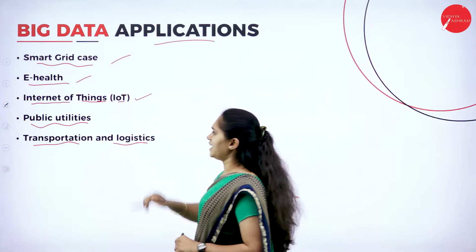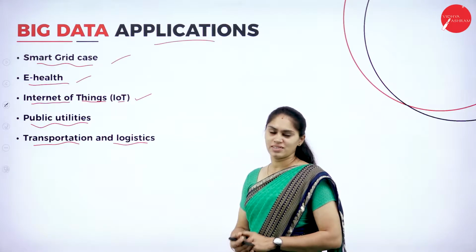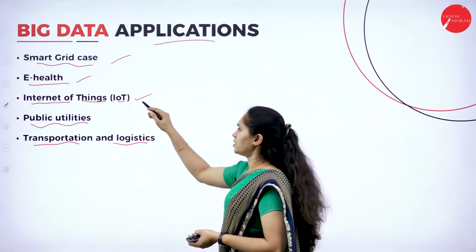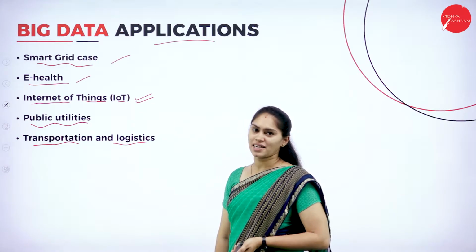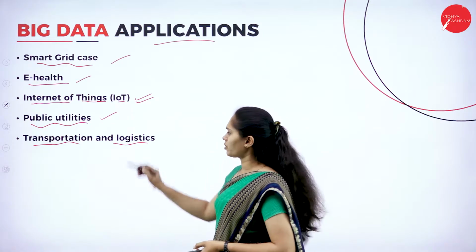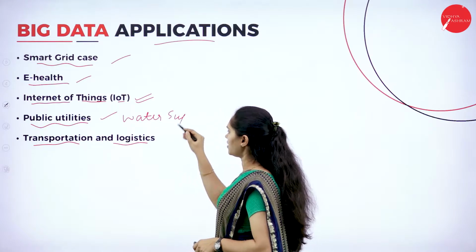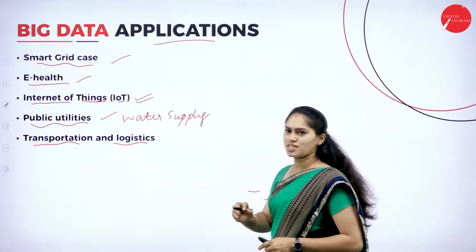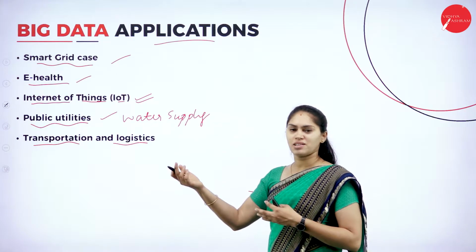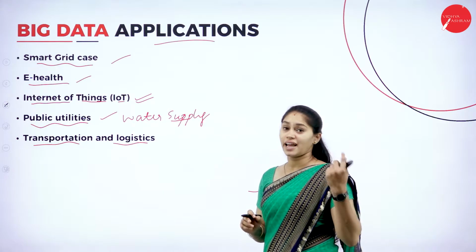Next we have the Internet of Things. Now we are all living in the digital world. Everything is somehow automated in some situations, so for the purpose of IoT, big data technology can be used. And also we have public utility. You can consider the example of water supply here. What is the efficiency of supplying the water? Is there any leakage? The office will be somewhere else, and some leakage in the water supply may take place somewhere else, in any area.